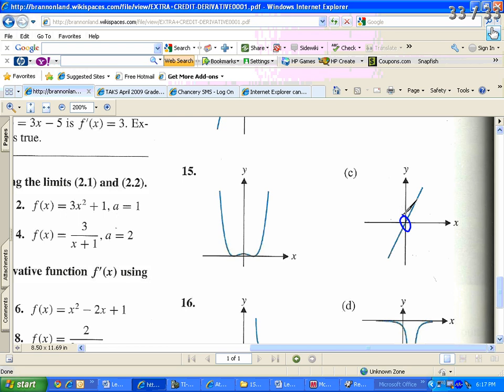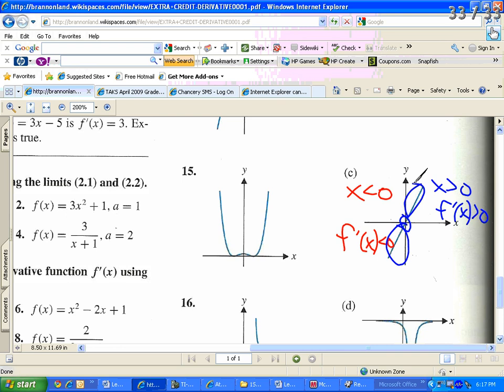So far it's working. When x is less than 0, f prime of x has to be less than 0 as well. Well, if you look at this particular graph, it's showing that all of this piece down here is negative. All of that is negative. So far it's working. Now if I look at where x is greater than 0, that's on the right hand side, my derivative, my slope, should also be greater than 0. Well, that's also going on around here. So therefore it looks like answer choice C